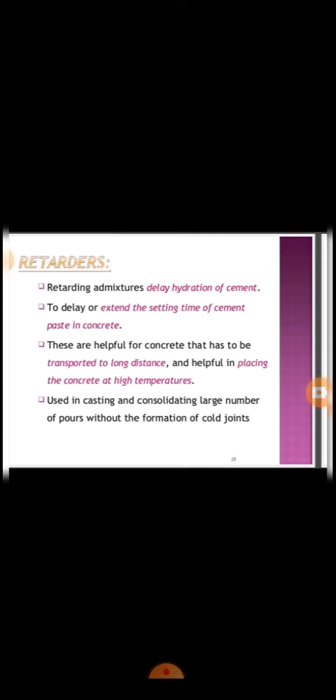High temperature of fresh concrete is often the cause of increased rate of hardening that makes placing and finishing difficult. One of the most practical methods of counteracting this effect is to reduce the temperature of the concrete by cooling the mixing water or the aggregate. Retarders do not decrease the initial temperature of concrete.